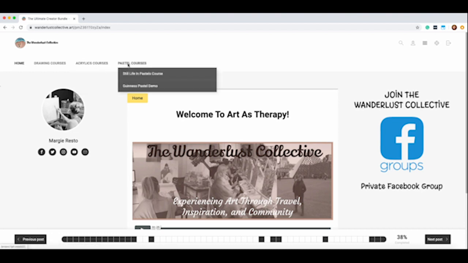Then moving on to pastel courses. I love pastel. This is one of my favorite things to do, pastels all the time. I love working with them because they're so easy to work with. Here you have a Still Life in Pastels course. This is very, very in-depth, and you get to learn